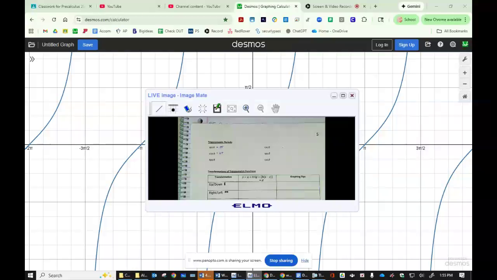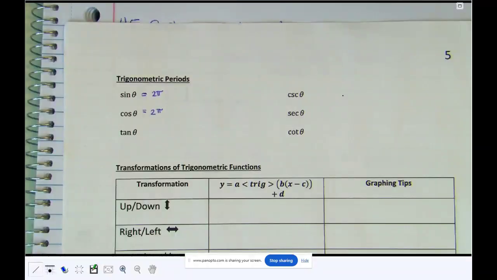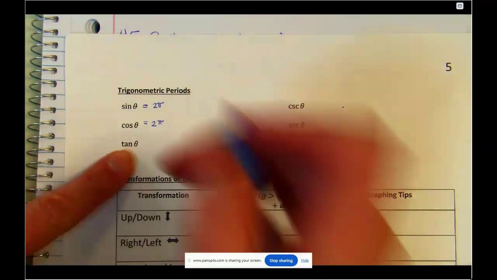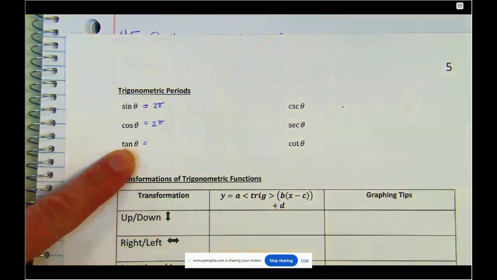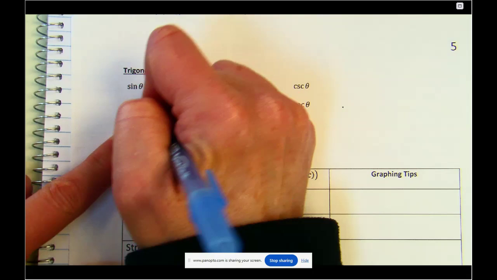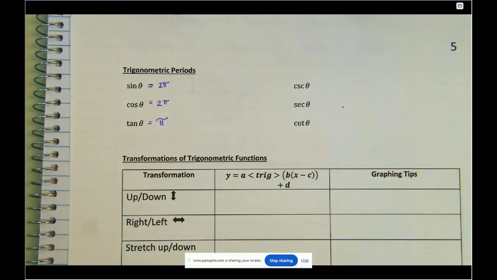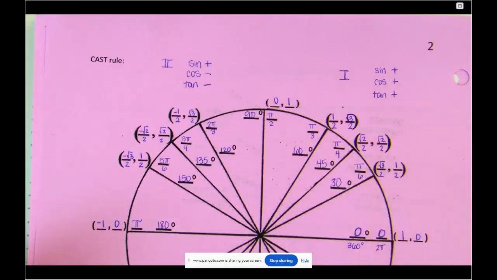Let's go back here. So you have to please write this down. The trigonometric period of tangent is pi. And let me try to tell you why it's pi and not 2 pi. Okay, you do not have to write this down, but if you take a look at the quadrants